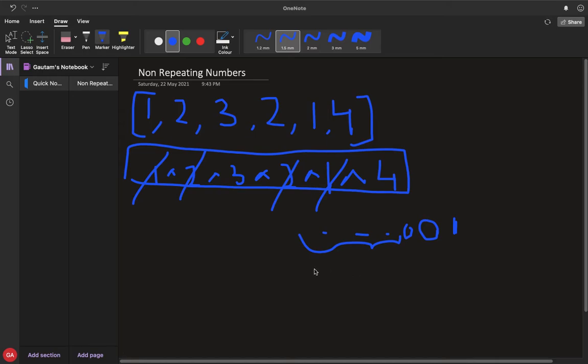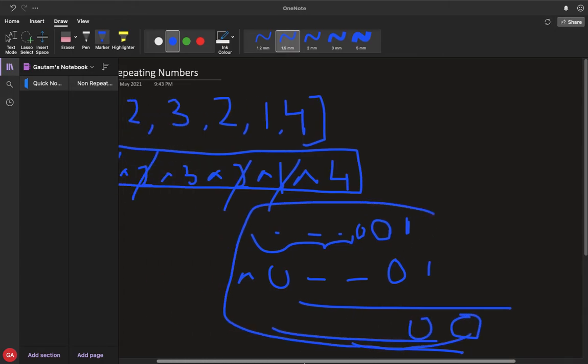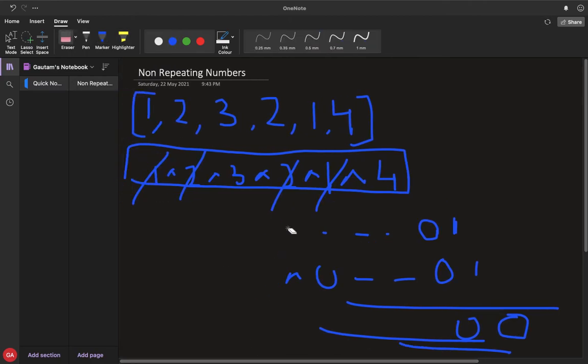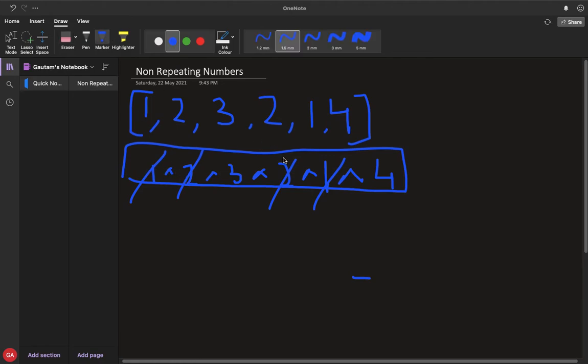Again 0 1 XOR 0 1 gives all zeros, because all the bits are the same. So 1 will cancel 1, similarly 2 will cancel 2, and the leftovers are 3 and 4.